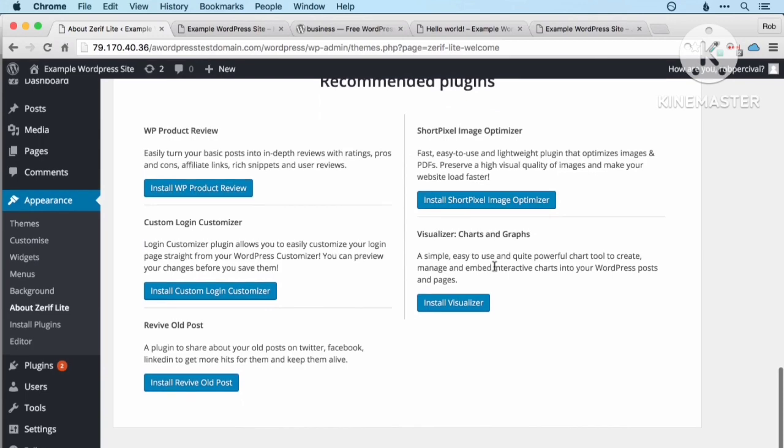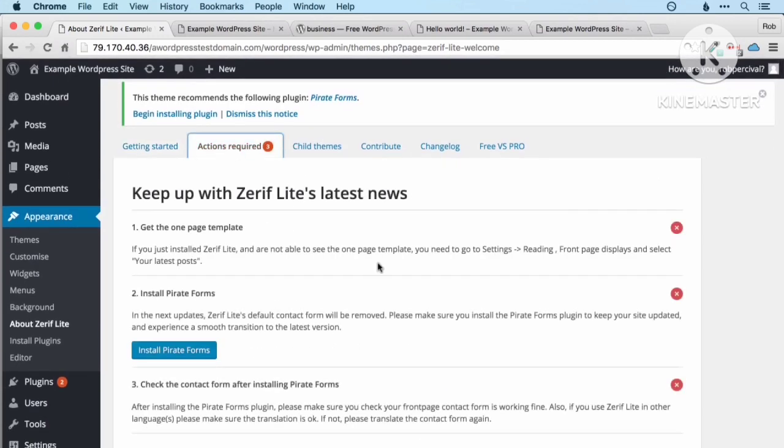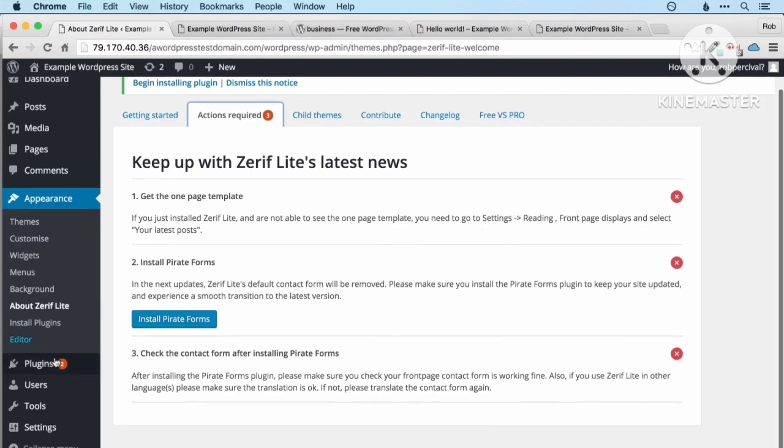Some themes will have this, some won't, but it also has some actions required to set it up. So let's follow those steps. First off, Serif Light, like a lot of themes, comes with a homepage template. But to see that, we'll need to change the reading settings to your latest posts. So you might remember we changed that